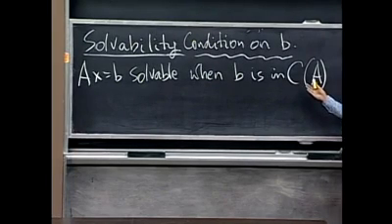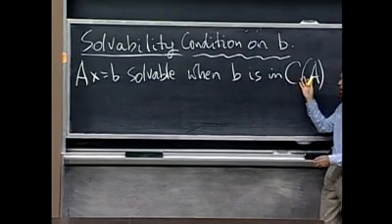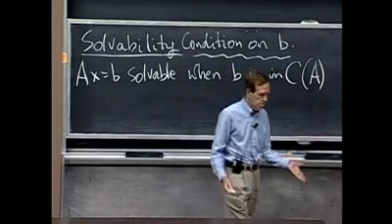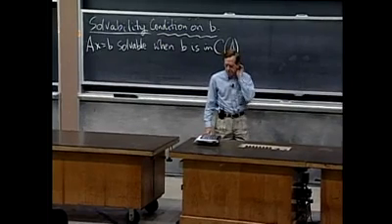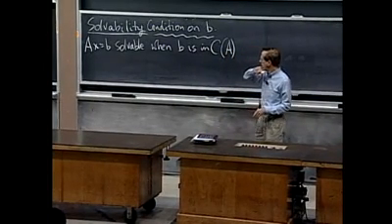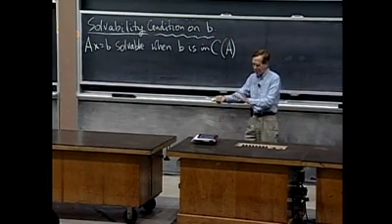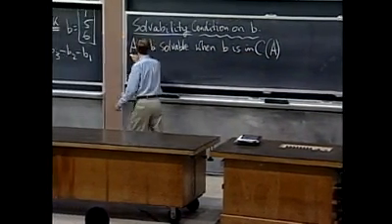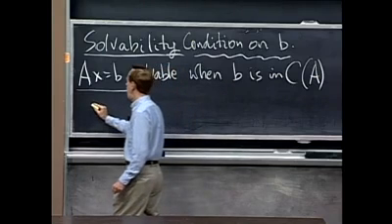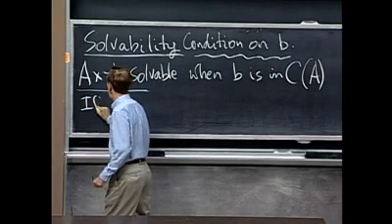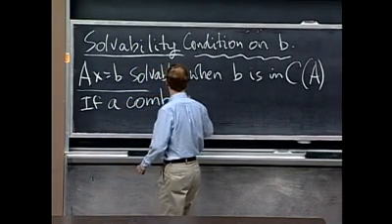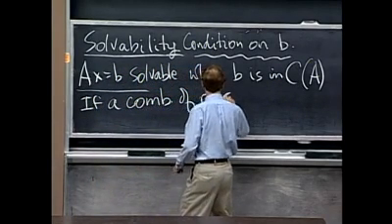Right? That just says that b has to be a combination of the columns, and of course, that's exactly what the equation is looking for. So now I want to answer the same question, but in different language. Another way to answer this: if a combination of the rows of A